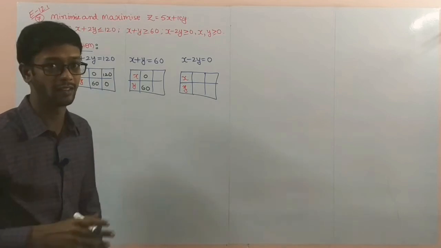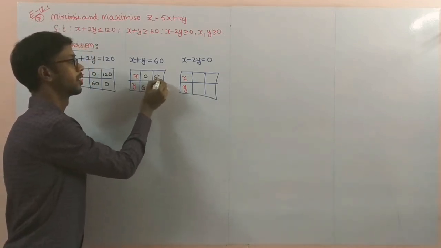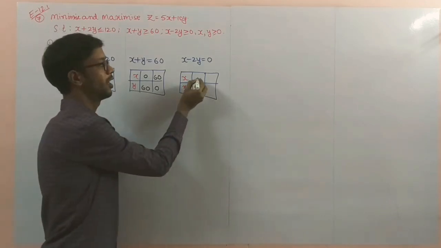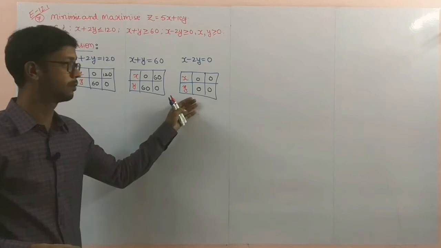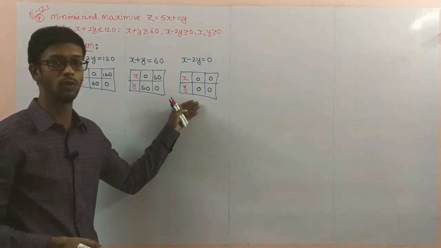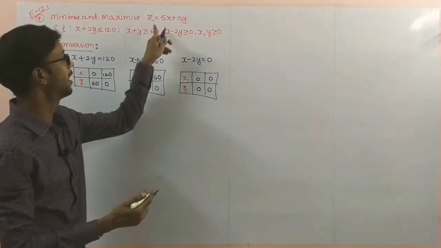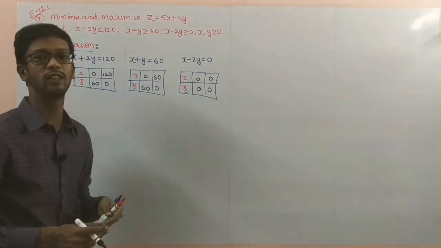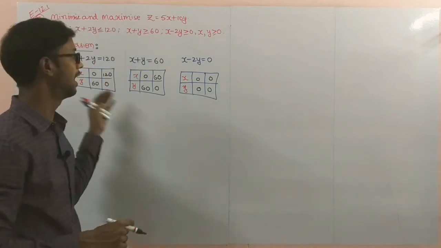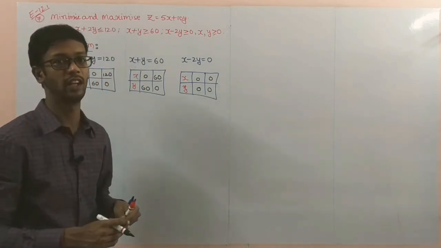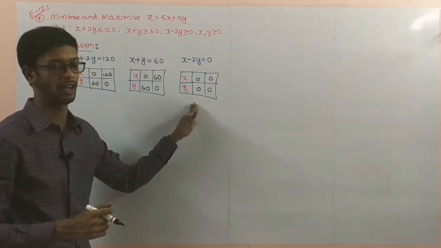Horizontal, no need to write horizontal. Vertical you have to write always. 0, here 60. Substituting x as 0 and y as 0 gives y as 0 and x as 0. So this one is a special case here. You have to remember this: if 0 is on the right side of the inequality, that problem is special and very, very important. Among the three inequalities here, where 0 is on the right side, we have to concentrate on that one, so leave it for now.